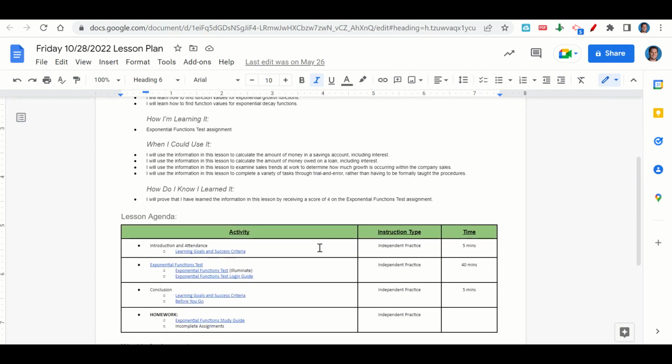Now let's take a look at our agenda for today. We will begin by going over the learning goals and success criteria. After that, I'll give you time to complete the exponential functions test assignment on Illuminate. At the end of class, we'll go back over our learning goals and success criteria while you fill out your